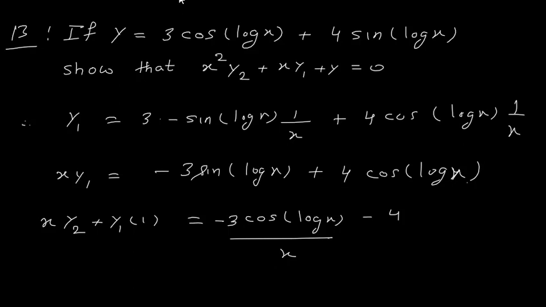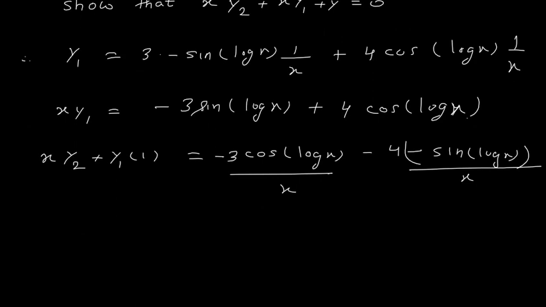Now here the derivative of cos is minus sin, so it is minus sin log x, whole divided by the derivative of log x, which is 1 upon x. So now this x again I can take to the left hand side, so I have x square y2 plus y1 times x, this x multiplying with this y1 also, is equal to,